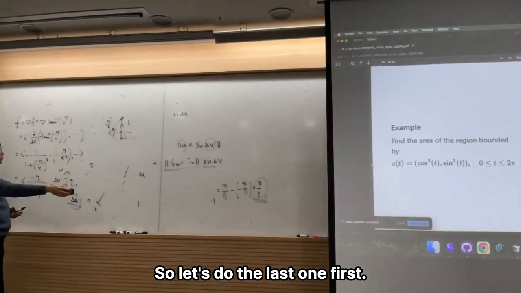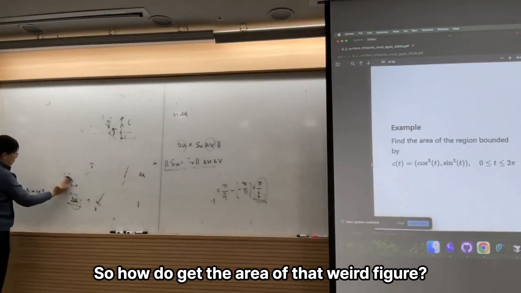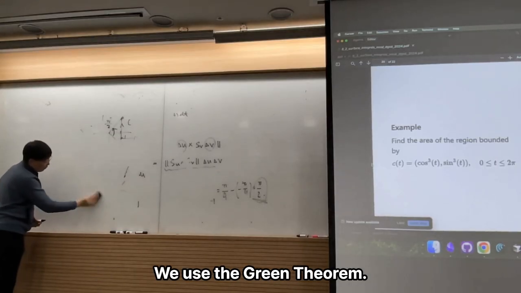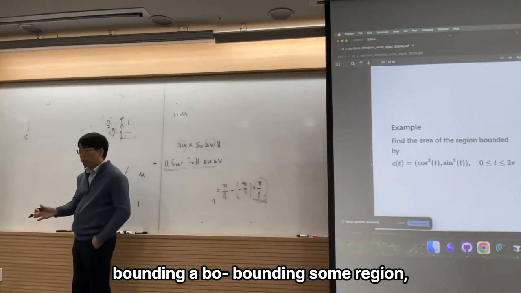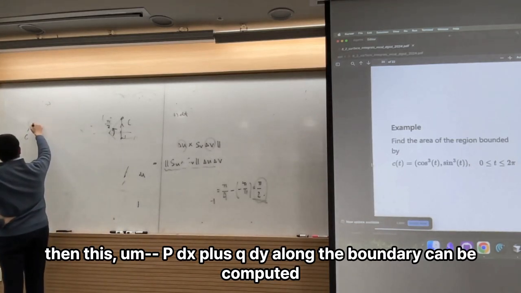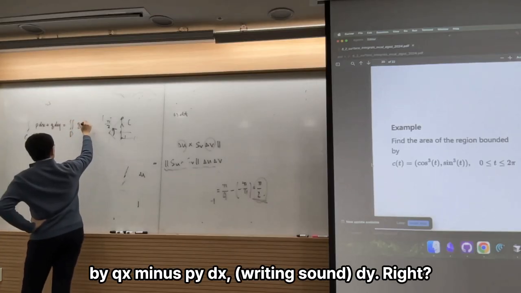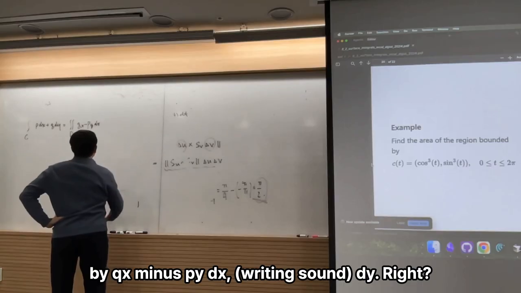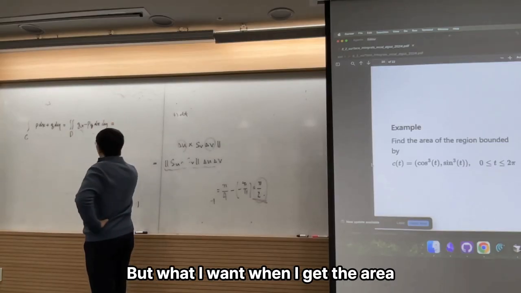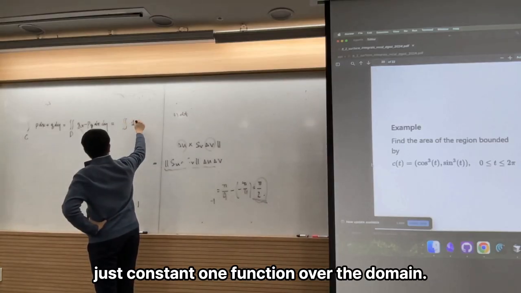So let's do the last one first. How do you get the area of that weird figure? We use the Green theorem. Green theorem says that if I have a closed curve bounding some connected region, then this integral of P dx plus Q dy along the boundary can be computed by the double integral of Qx minus Py dx dy. But what I want when I get the area is to integrate just the constant one function